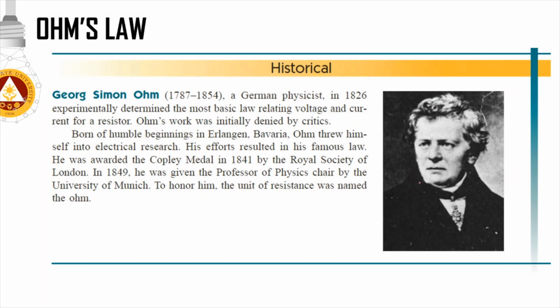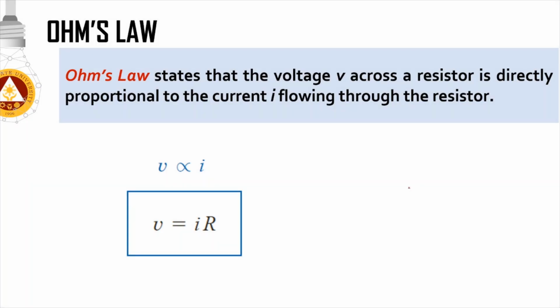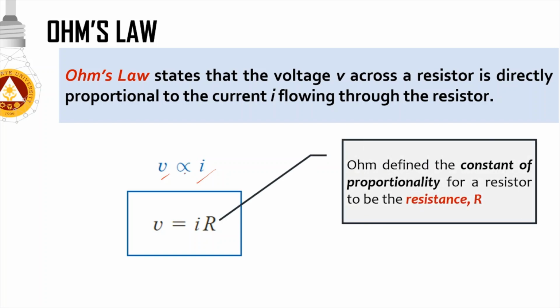So this is George Simon Ohm, the physicist who coined the most basic law that relates voltage and current of a resistor. Okay, so here is the definition of Ohm's law. It states that the voltage across a resistor is directly proportional to the current that flows through the resistor. And to represent that in terms of a formula, we have to introduce the constant of proportionality, which is